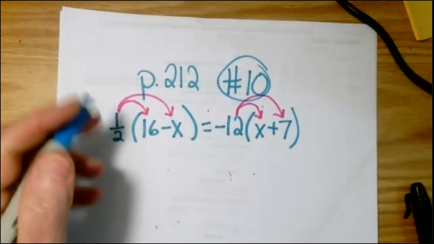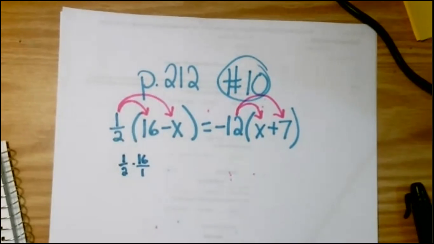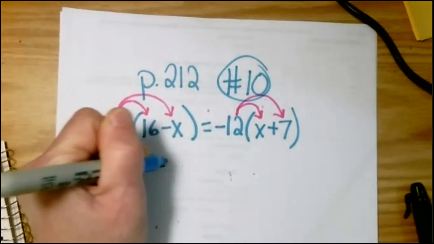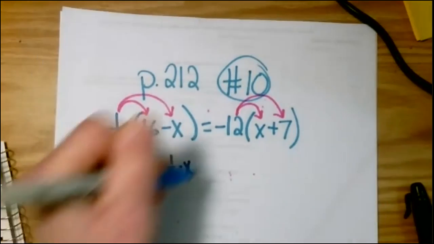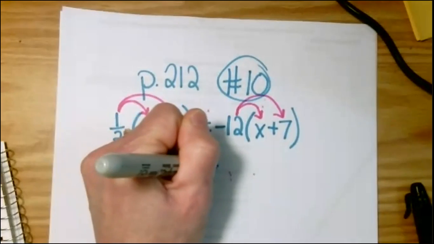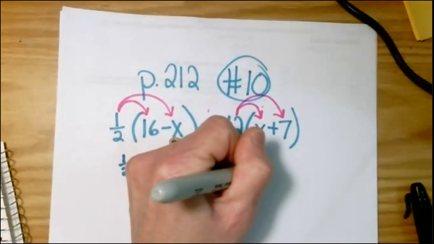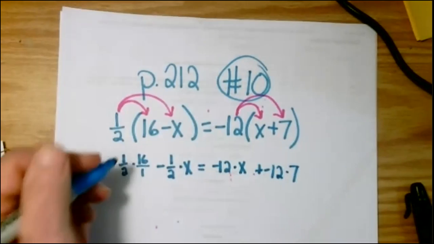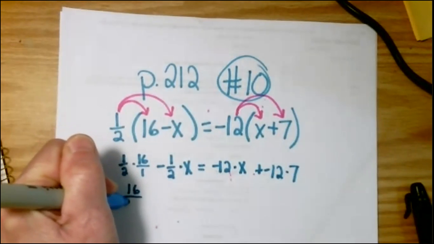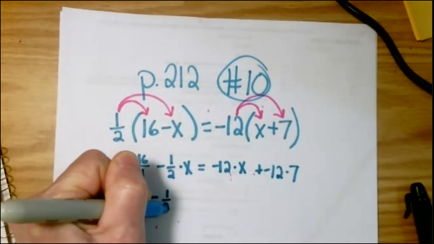So we have 1/2 times 16. So 1/2 times 16 over 1 minus 1/2 times x equals negative 12 times x plus negative 12 times 7. So far, so good. So this is going to give me 16 on top, 2 on the bottom, minus, this is going to give me 1/2 x